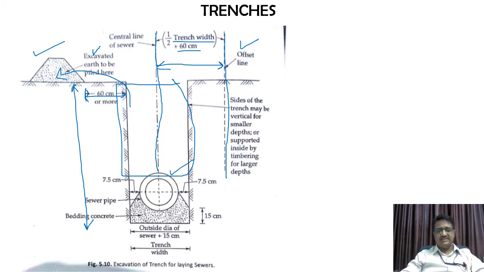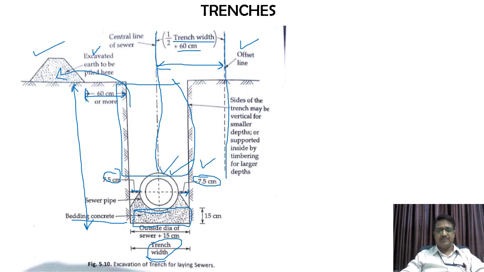Okay, you can check out here. So bedding concrete, if the soil is soft over here, then the bed concrete is required at the bottom. Plus you can see 7.5 centimeter here, 7.5 centimeter here. If it is of a larger shape, then this much space is enough for the jointing or any other connections that need to be done over here. So basically the trench width should be 15 centimeter, usually more than the diameter of the pipeline